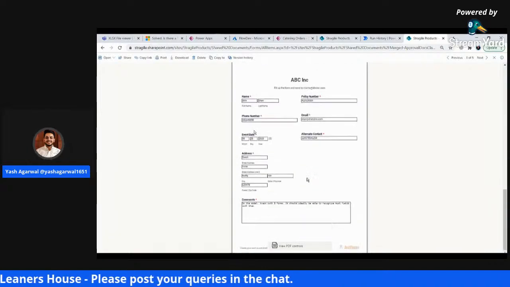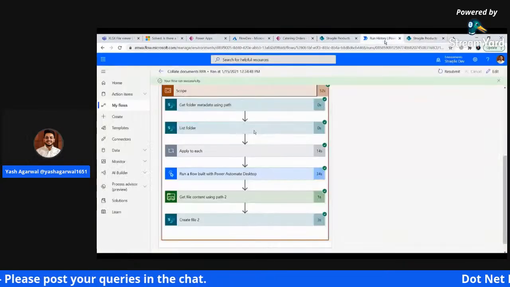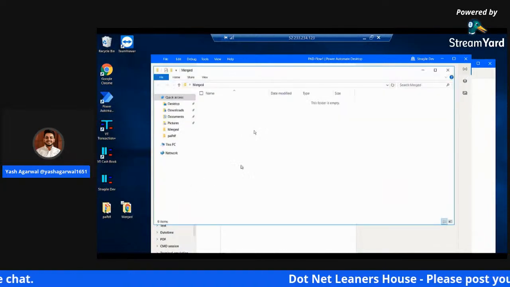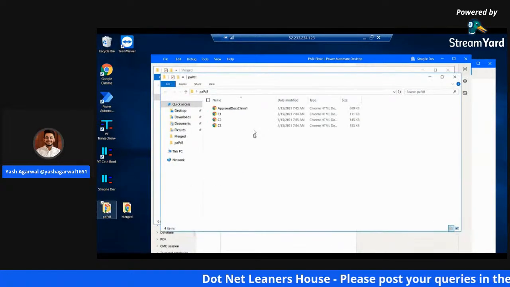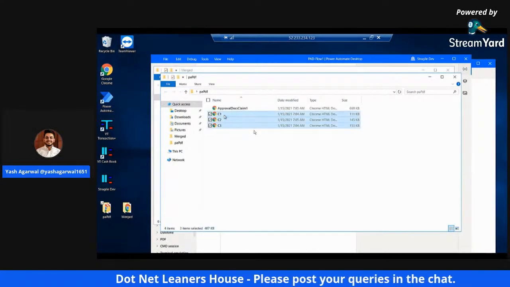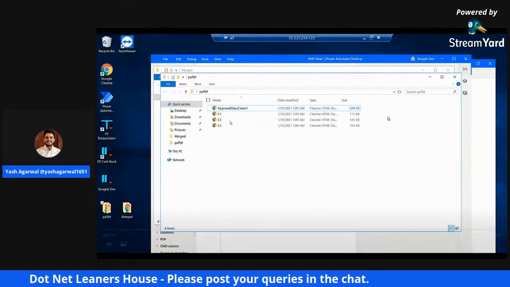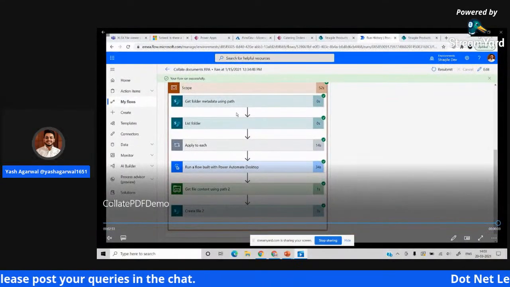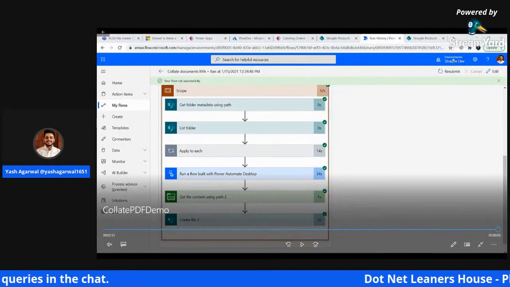And then you can build the flow functionality on top of it, that once it has moved from a different document library and it has successfully completed the merge, you start the approval process and so on. So we have the document over here, which is created as a merged file. Now, this was the first demo that we had. Now let's move on to the next one,